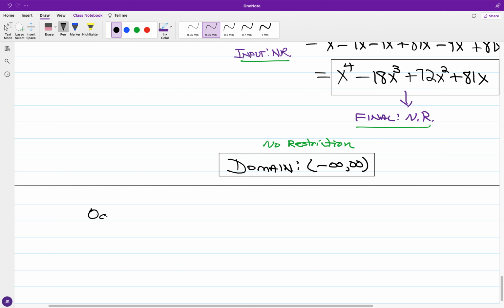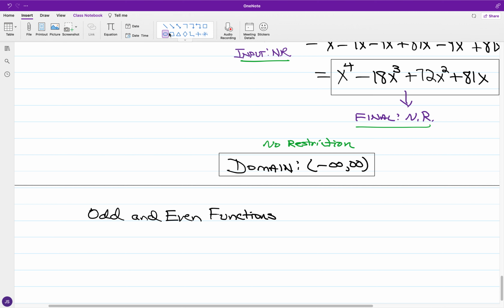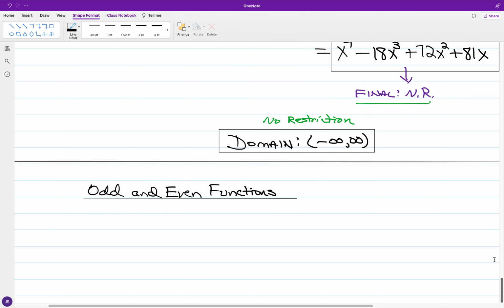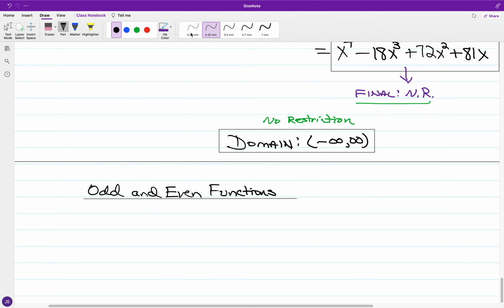And this will be with what we have with odd and even functions. Okay. Now, first of all, for an odd function,